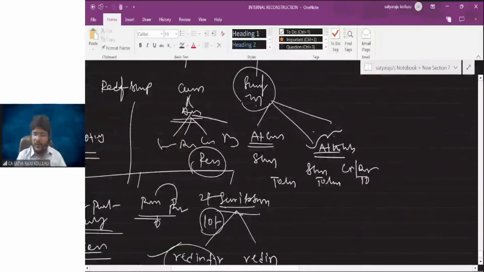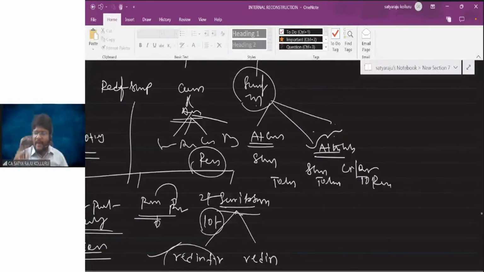Sir, what about the other sacrifices? That is the same. If something is made as a real sacrifice by the other party, that is creditor to reconstruction. For that part and share surrender, there is no link. That is the same as usual. If any amount is really sacrificed by the party, creditor to reconstruction is the entry, debentures to reconstruction is the entry. That entry you need to club with this part. Finally, if any balance is there under share surrender, then you need to transfer it to the reconstruction account. That part also I discussed.